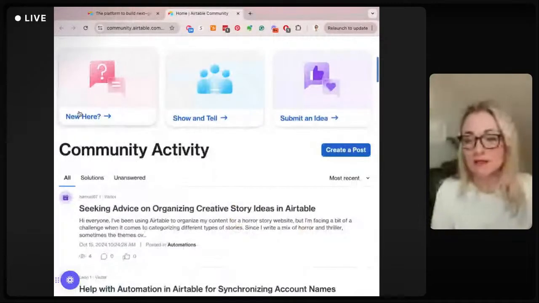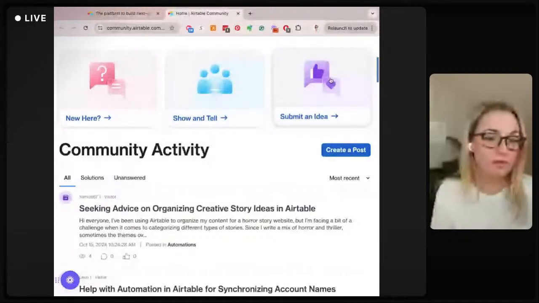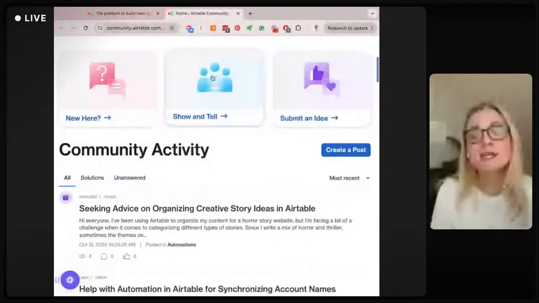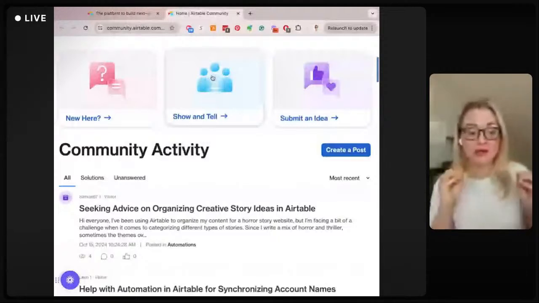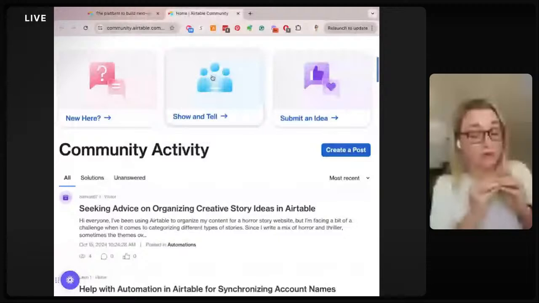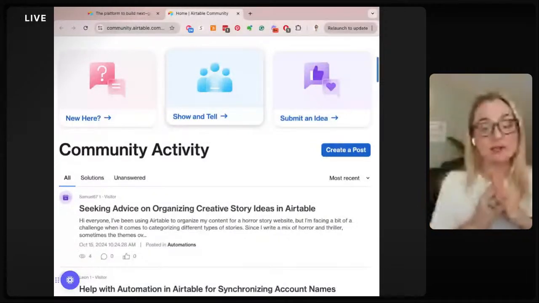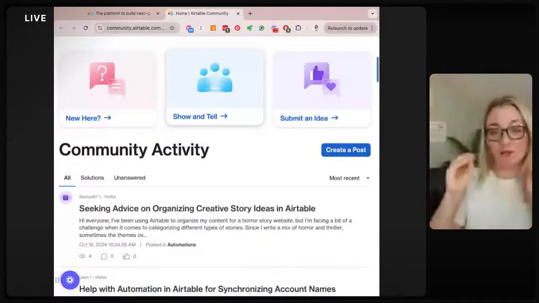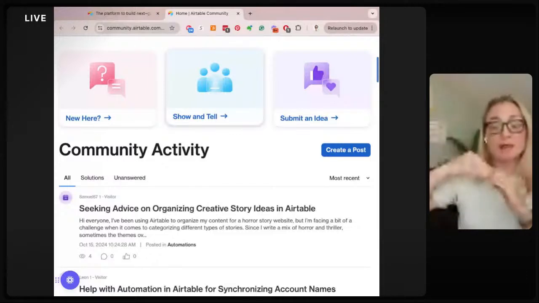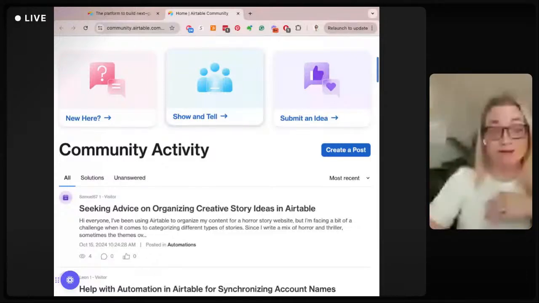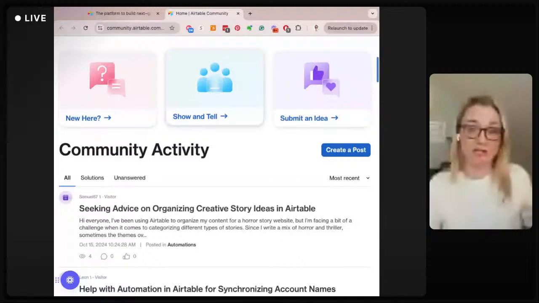So new here is going to be all new member content, then show and tell, and then submit an idea. Show and tell is, I am assuming, tied to their Airtable universe that I shared with you. Obviously getting that user-generated content, getting those examples of real users using Airtable, if they're able to show that new users come in through using those templates, that's going to show that they are having an impact on bottom line revenue.